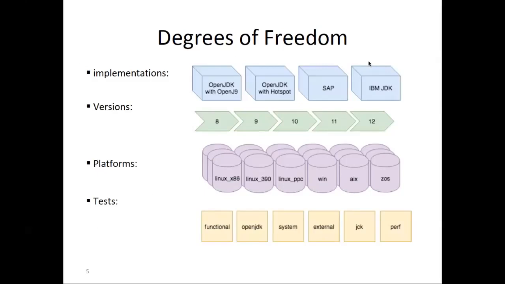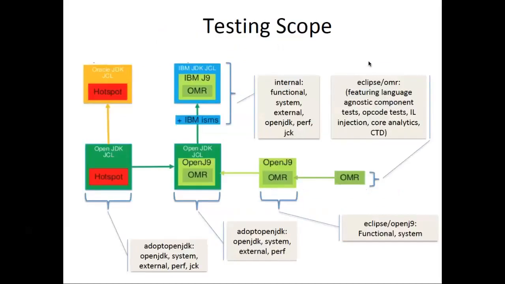And then, of course, we have different categories of tests, and we broke it out into these high-level categories, and I'm going to talk about some of that. But before I do, I wanted to also say, looking at the picture of how a JDK binary is built, we actually can read this from the OMR side over to this direction and where some of these tests live and what some of these things are doing. So down at the OMR level, and you've heard people mention some of these before, we are doing language agnostic testing. There's a bunch of opcode tests that were put there, IO injection tests,